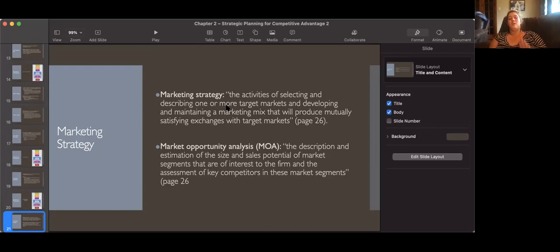So for me, if I am making money and I'm enjoying what I'm doing, that's satisfying for me, the business owner. And if my customers are getting photos they love, that's satisfying for them. And we agree on a price and we take place in that exchange that we talked about. And all the things that I did to get that customer to be my customer are my marketing strategy, all the activities.